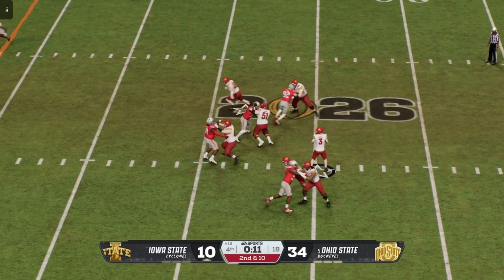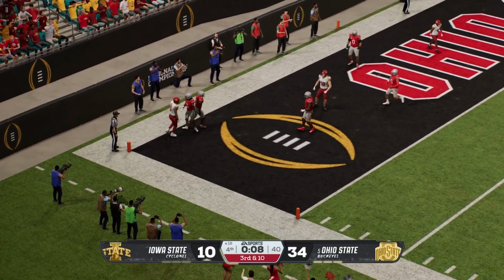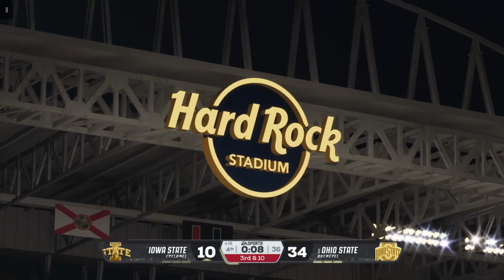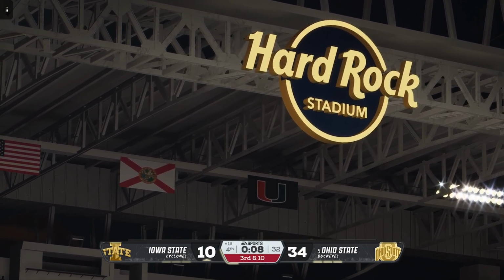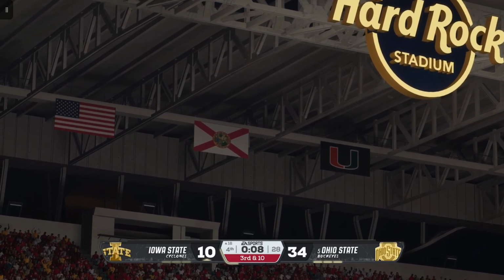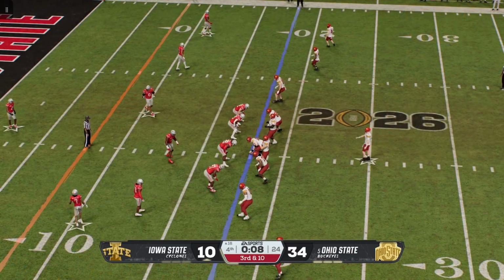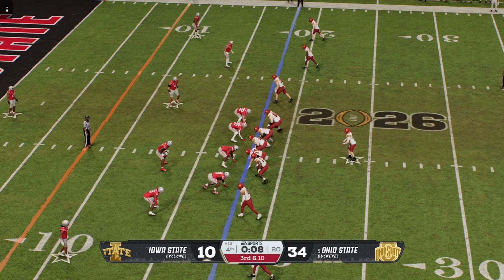After the incompletion, QB tries it again on 2nd and 10. Just flings it out of bounds and the pass rush closing in. But here we are in the fourth quarter. The offense just trying to come up with something to try to spark this offense and give them a chance at a comeback. Unfortunately, the defense is playing smart. They're sitting back, anticipating these deep throws. The offense was moving well, but 2 incompletions sets up a 3rd and 10.